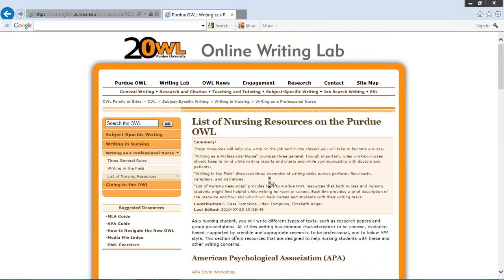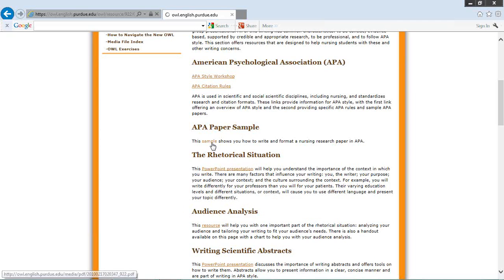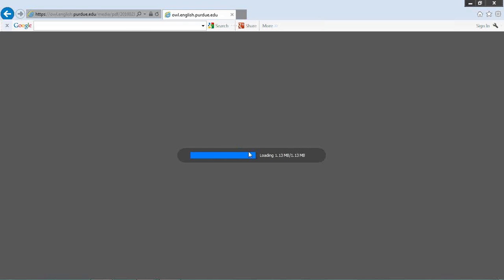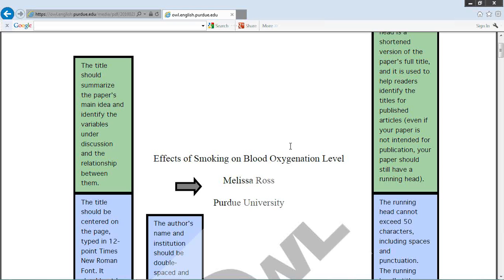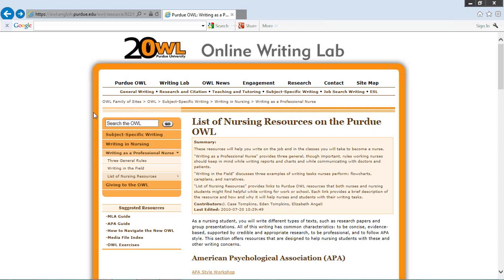Under the list of nursing resources, they actually have a sample paper. And so I've seen students carry this particular document around throughout many courses because it's their first insight into what a nursing research paper looks like, because normally you can't look that up online and your teacher doesn't give you an example. So they can see with full citations and explanations of how they should be writing and what it looks like in terms of formatting. And so I print this out, and it's provided by the Purdue OWL. And now let's go